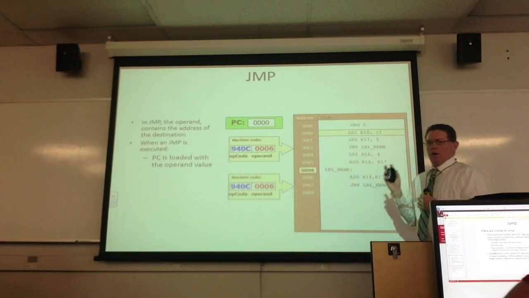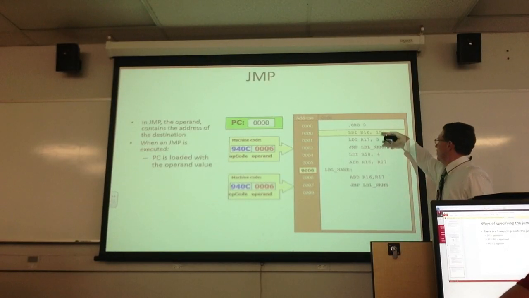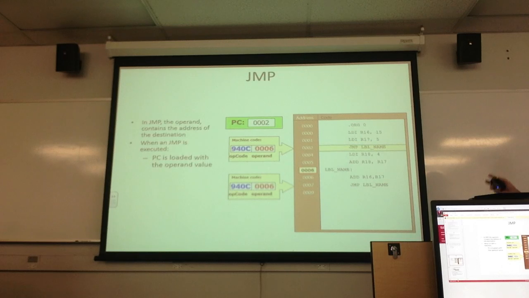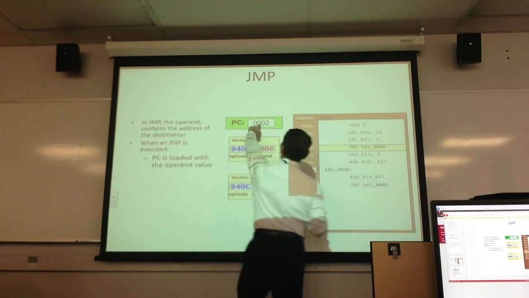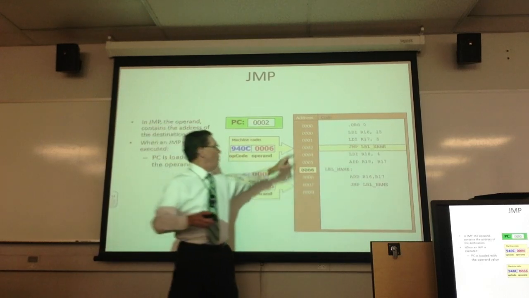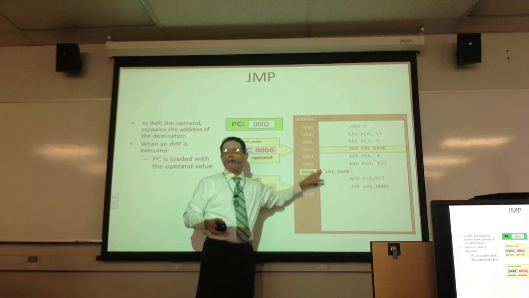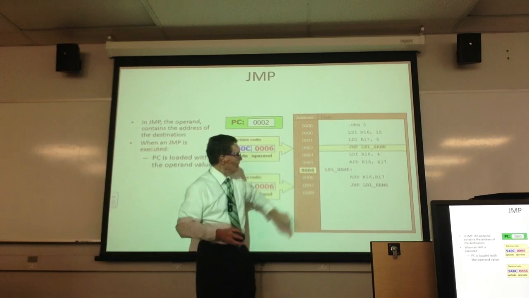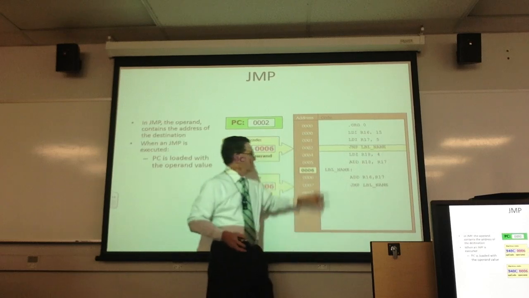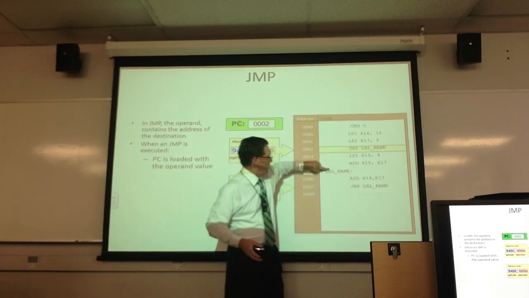All right, so we're just going to load some stuff in the program counter, and then we're going to go down here and jump to a label. Now, the key thing you want to look at here is the machine code. How does it know where to jump to? Here's the label down here. So when I jump to this LBL_name, it's going to bypass this piece of code and then run